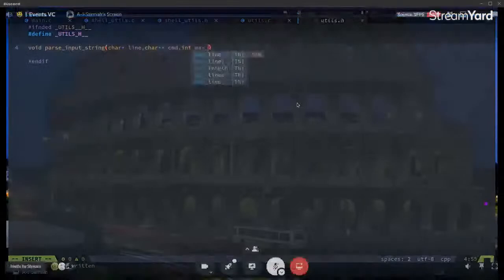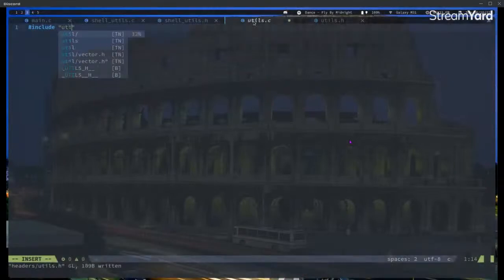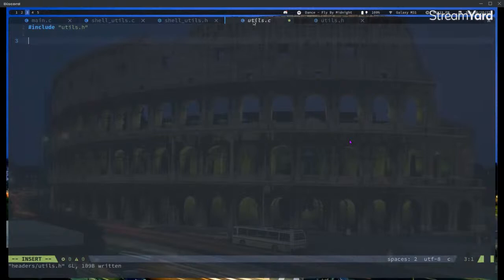So to point like pointing to, well, okay, let me just demonstrate this, and you will automatically get how it works. So let me just place this here,